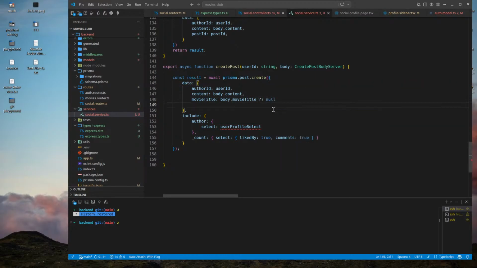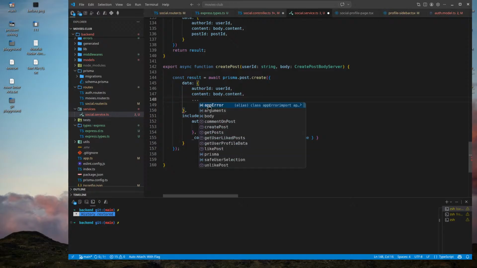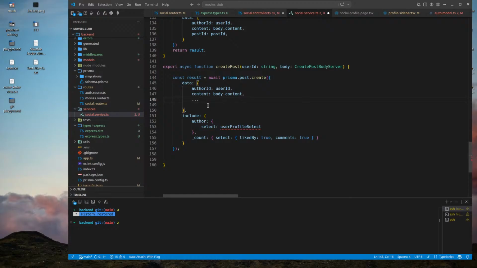I could coerce to null. Okay, this is a solution. Or I could do just exactly as he told me to do, which is spreading what? Spreading this thing.